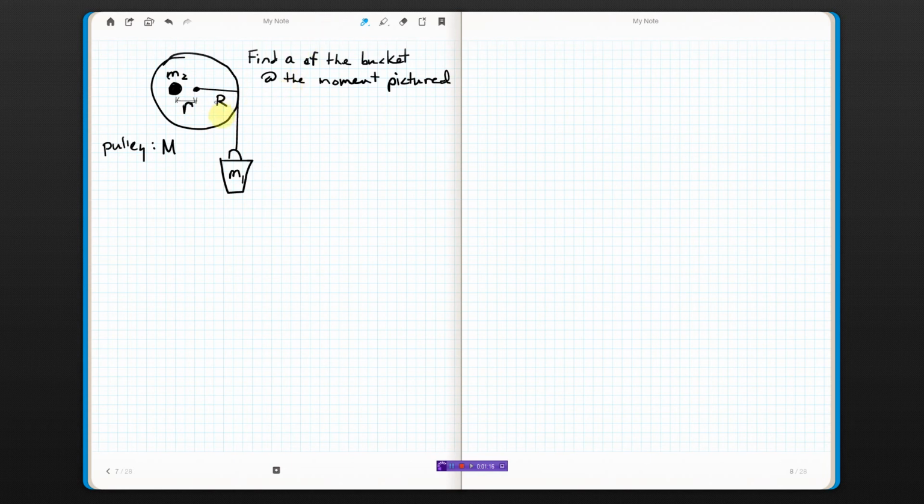The difference with this one is when we get to the moment of inertia of this system, I have to find a total moment of inertia. Basically, I'm going to add up all the moments of inertia of everything involved. So the disc and the bolt. If I had more, I'd keep going, adding until you get to the nth thing, okay? For this particular problem, the total moment of inertia is going to be the I of the pulley itself, which we're going to treat as a disc,